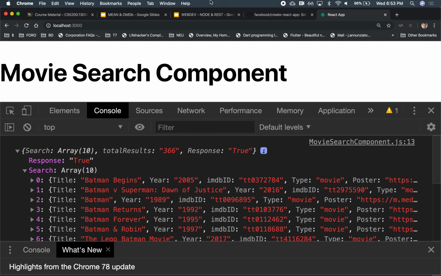Okay, all right, excellent. So we have data. Let's actually render